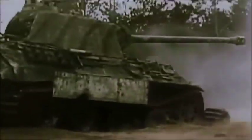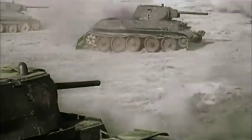Now, going back to the T-34 tanks, these tanks come from a variety of different eras. Some of these are from World War II, although it is probably the bottom 20%. At least 20% of these T-34-85s are from the Second World War, but most of these are actually post-war T-34-85s that were built in the 1950s and 60s in places like the Eastern bloc countries,